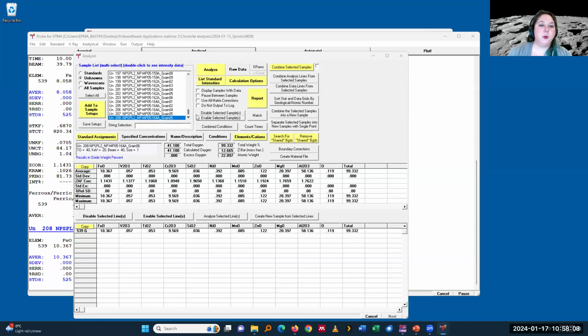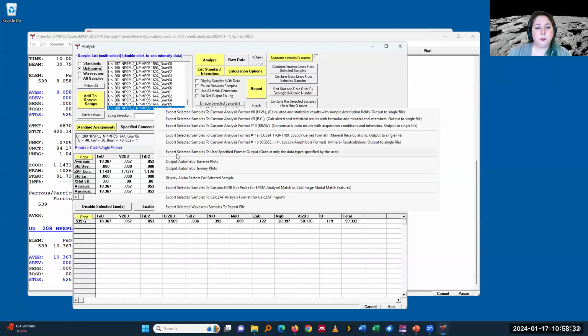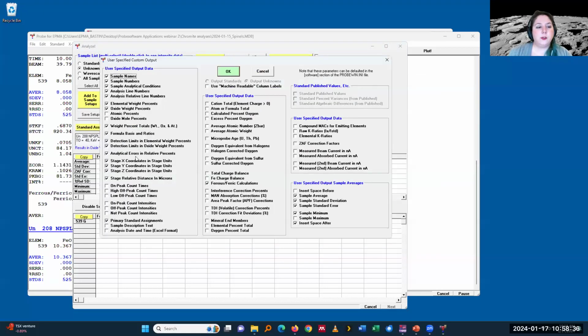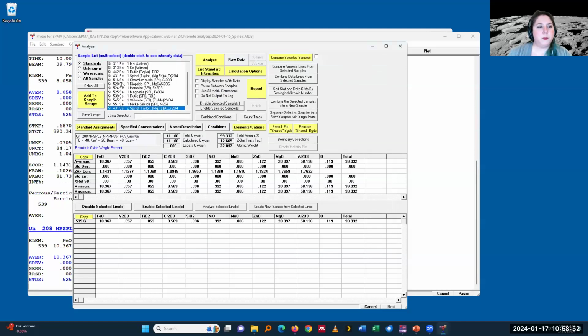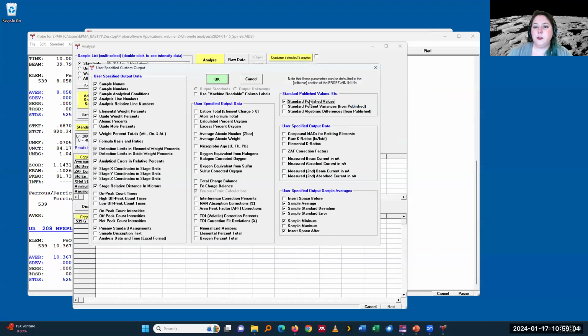Okay, so a few words on how to test precision and accuracy in your data. So again, precision is really much controlled by your counting statistics. And here I have the analyze window with a whole range of analyses. When you output your data, there's export selected samples, user specified format. You can always output and get the detection limits and oxide weight percents and analytical errors and relative percents calculated by the software and put it into a spreadsheet. Same when I output data from standards, same thing, I just need to select them. Then I can even have the database values and the variance